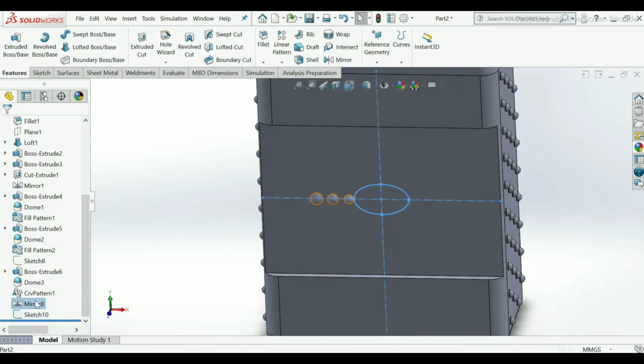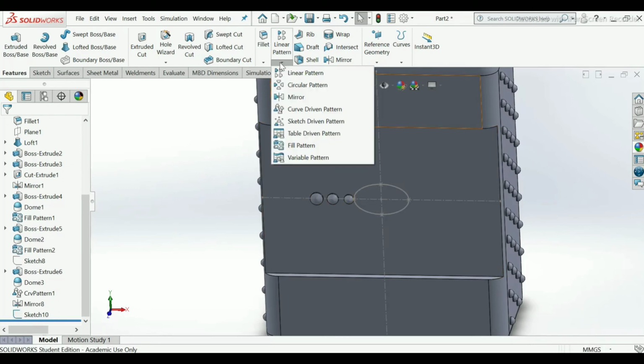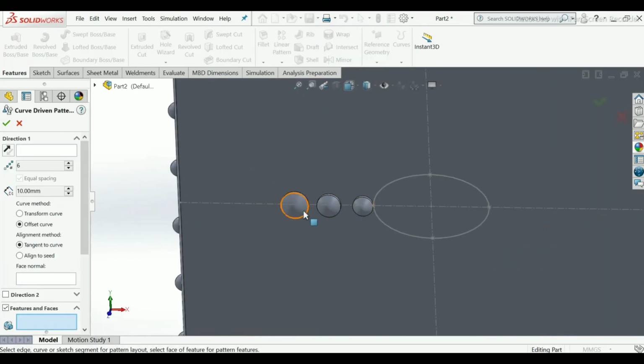I will delete this mirror. Or simply you can choose curve driven pattern so that it can be featured easily.